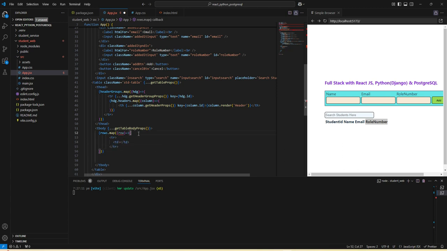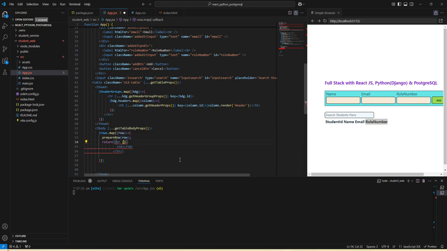Fine. So the first thing we can do, we need to prepare a row, and here we can pass this row, and next it will return a row. So for this we can cut this row and add it inside this return part. Fine. Now we have this row for generating the